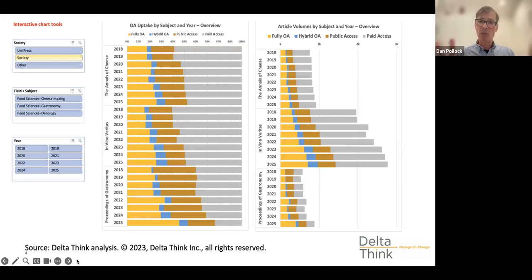So this first slide, I'm going to pause for a little bit of breath just in case there's any questions coming in as well. But I hope, just to wrap up, this gives you a sense of we can take journals, we can analyze patterns of uptake and output within them, and then wrap all that up into these visualizations that can then be clickable and interactive. So you can then zone in on the kind of questions and priorities that mean something for you when you're trying to look into decisions behind this.